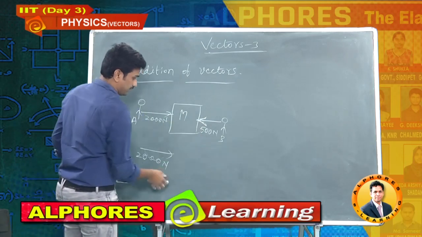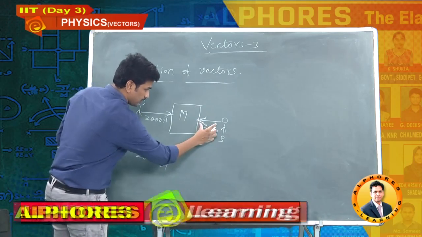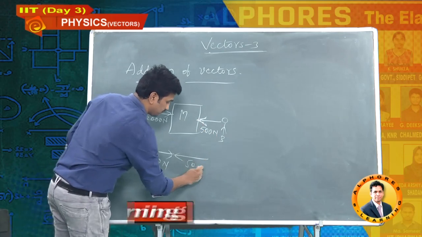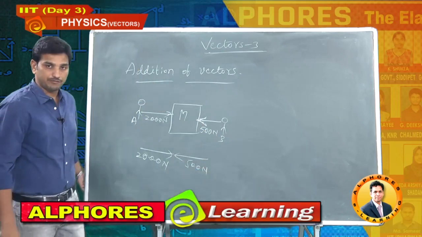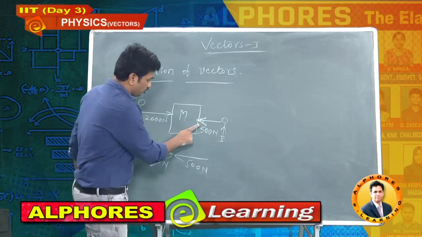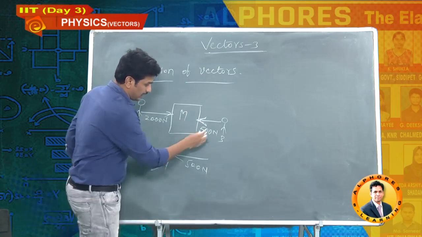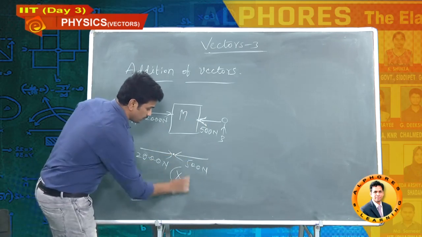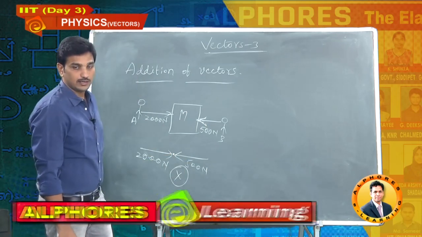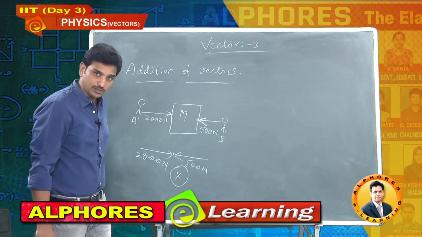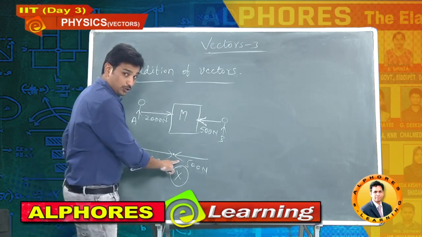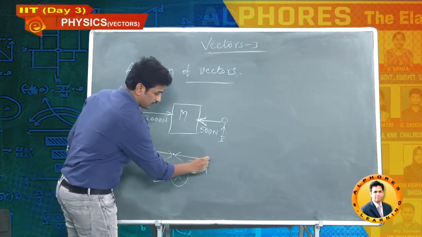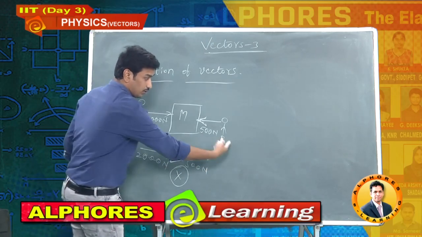See, head joined, parallel shifting. When you shift parallelly, don't change the direction and length also. Now head is joined. We cannot add two vectors by joining the head of the two vectors. It's wrong. Now what should I do? Can I take the negative vector of 500? The tail comes this side, the head will go that side.